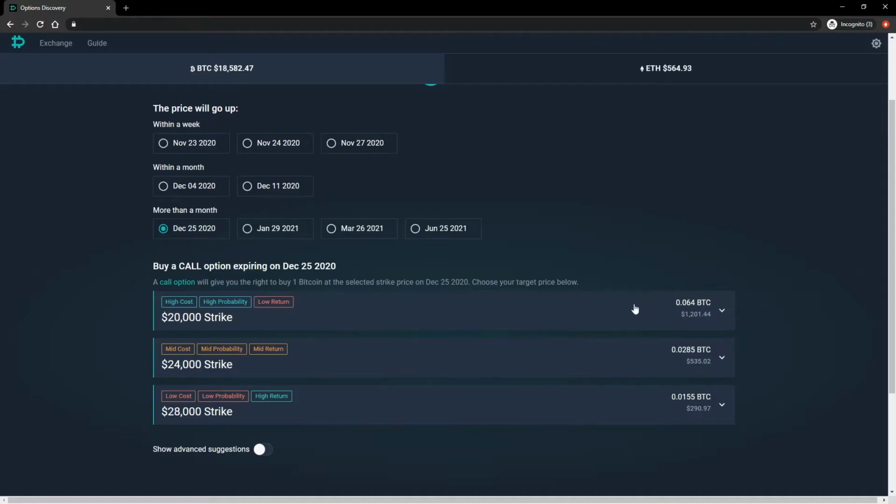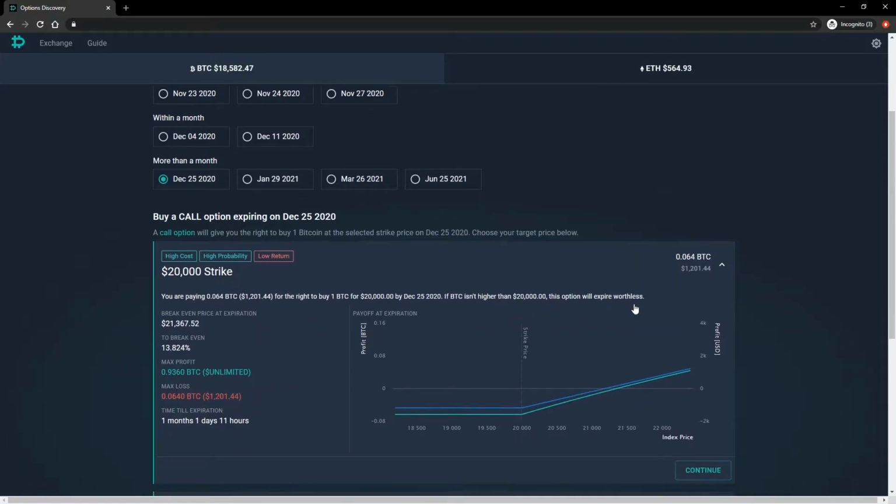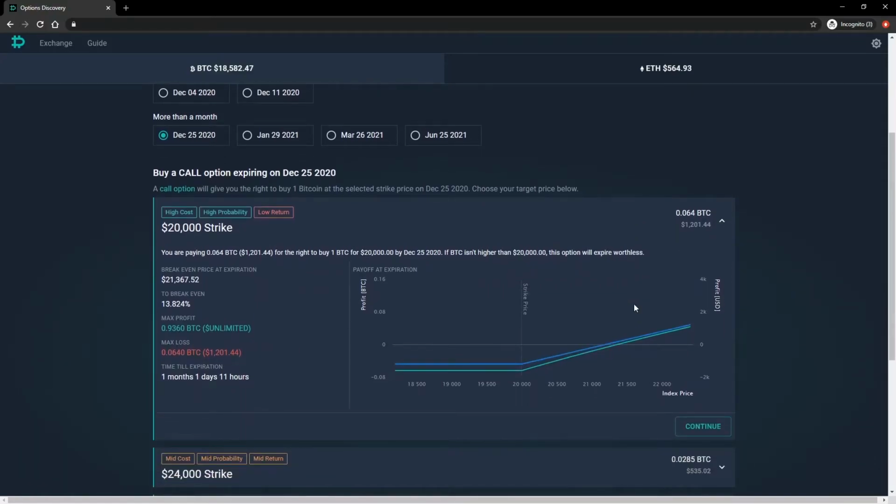As well as this quick summary view, we can also click to expand the extra details for each option shown. Let's look at the details for the first option suggestion. The strike price of $20,000 is shown prominently in the top left with a description underneath. The break-even price at expiry is displayed next,